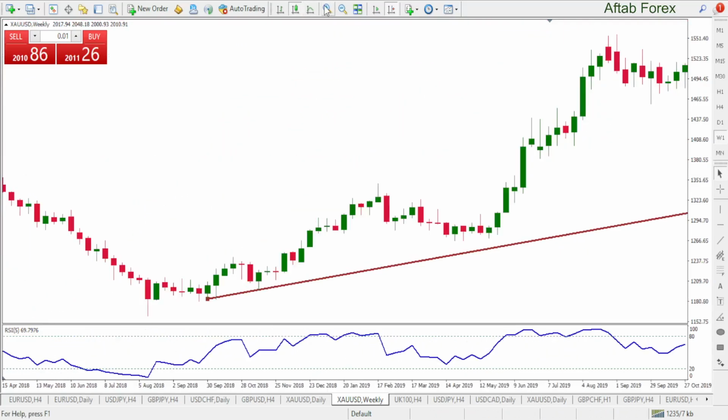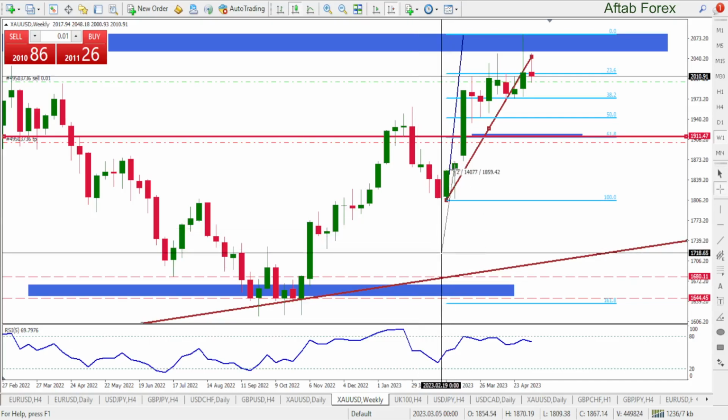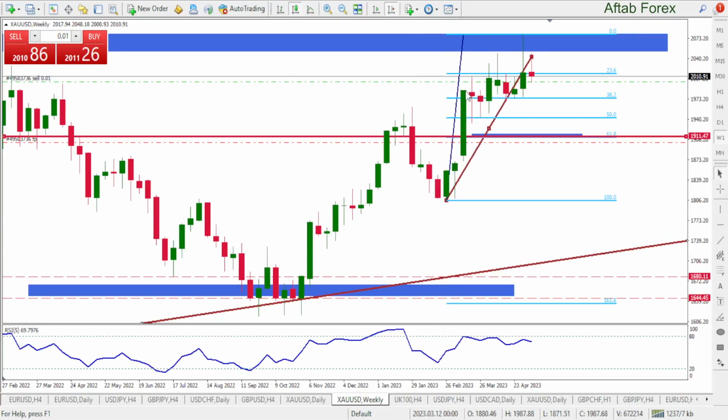Move on to the weekly, zoom in on the chart and just have a look at it. From here, very nice, the market is going very nicely up. From here, a continuation, a retest, continuation and continuation. What happened suddenly right here that the bears started to appear? What happened? Indecision candles in red as bearish.